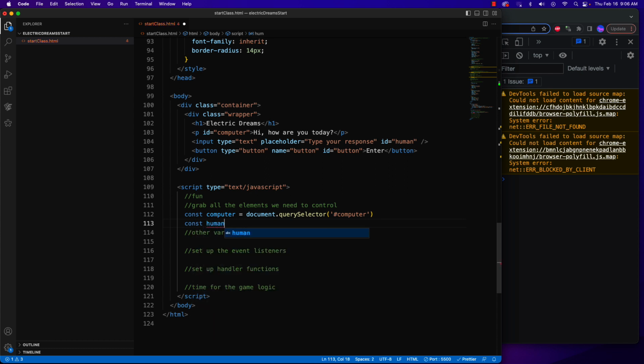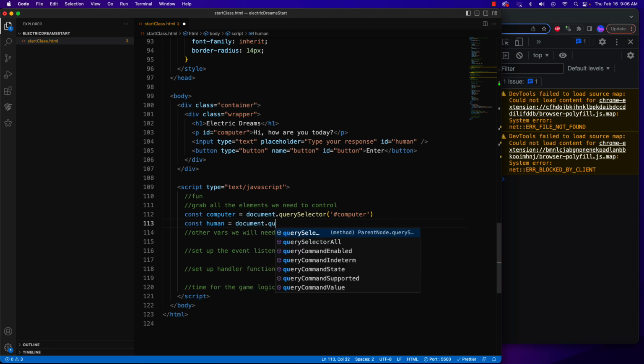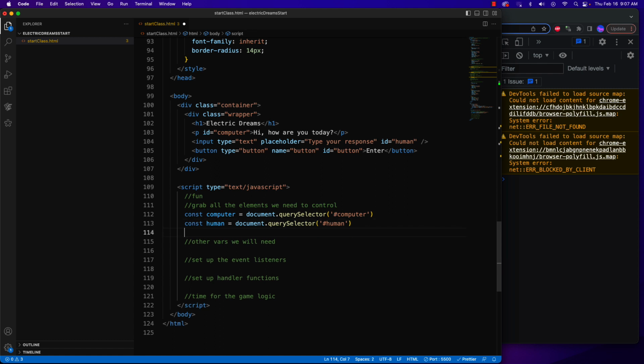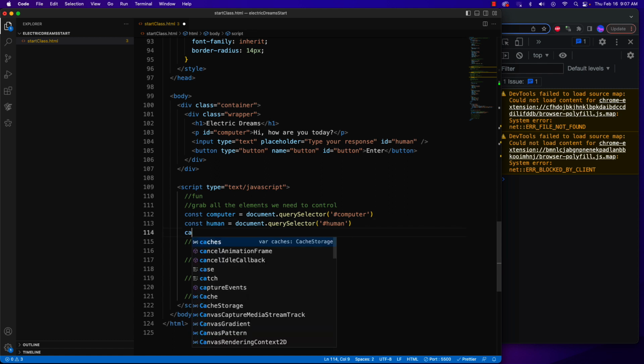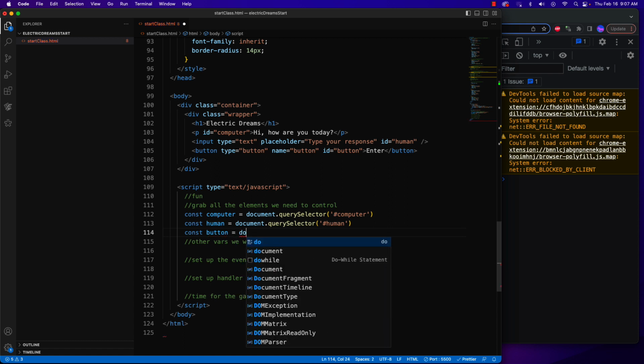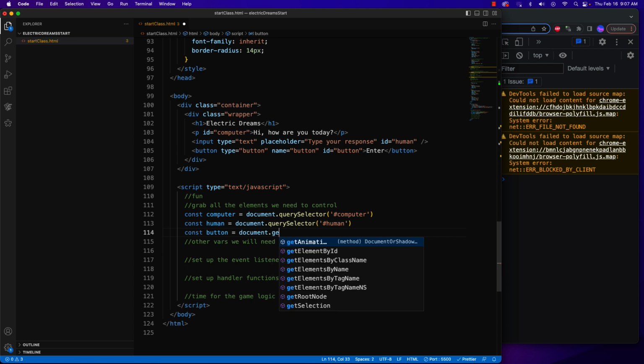Now I'll grab my human, again, document, query selector, and this time it'll be hashtag human. Now, finally, we have our button. Our button has an ID on it, so I could access it in the same manner. And we can use document. And we're going to just, for learning purposes,